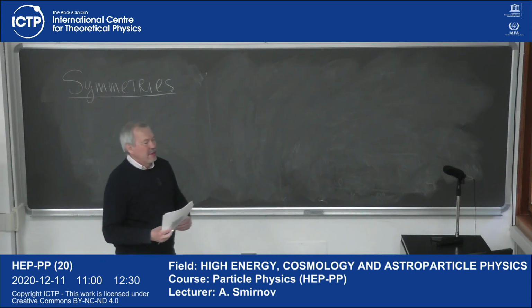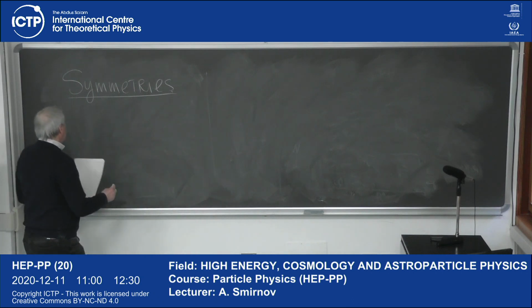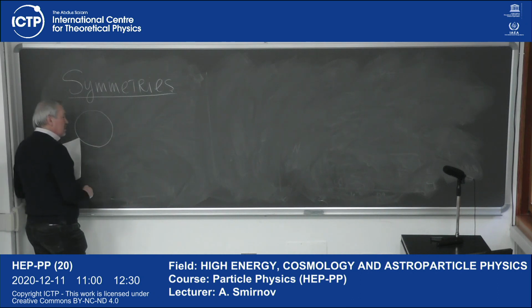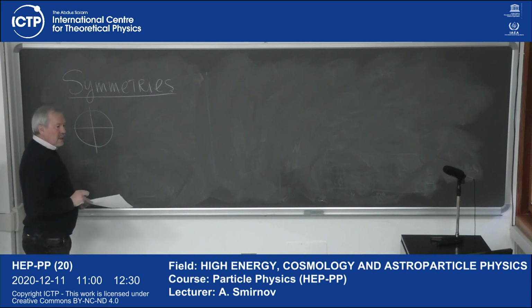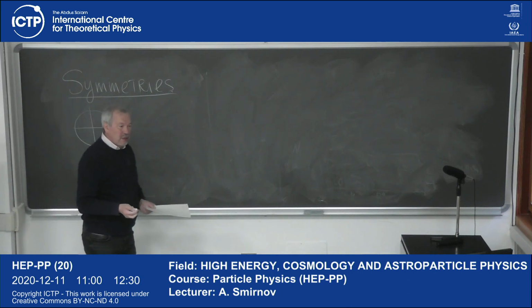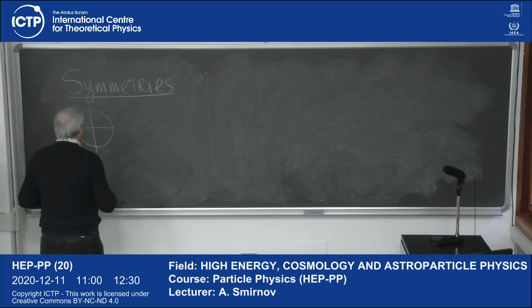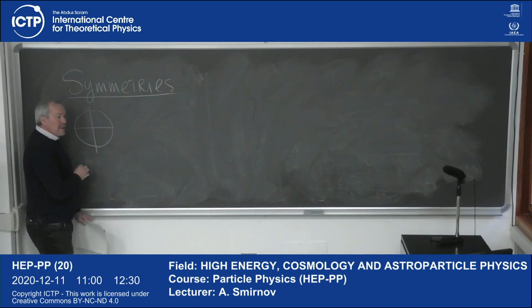I gave already some introduction, and again let me remind, I have discussed this situation with just a circle. A circle is symmetric, it has certain symmetry. It has symmetry with respect to rotations and also reflections, which means that you are doing transformations and nothing is changing. Maybe I should add also, this is exact symmetry, however we will discuss symmetries which are